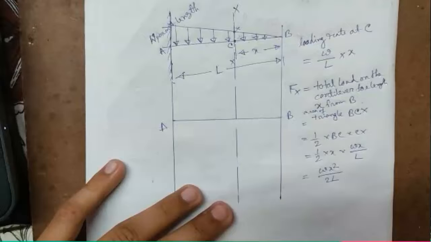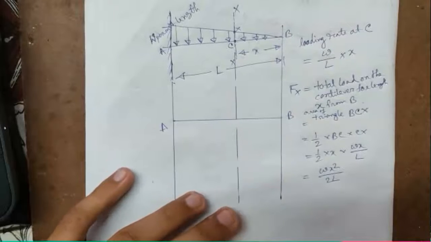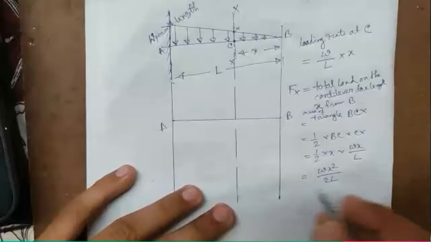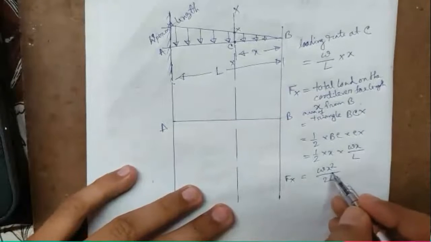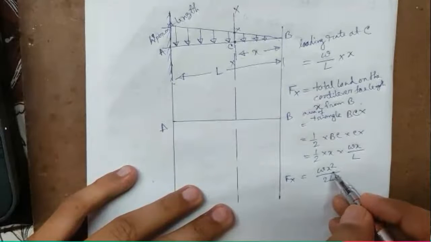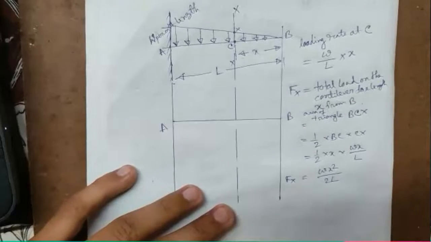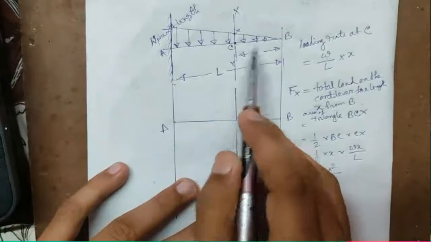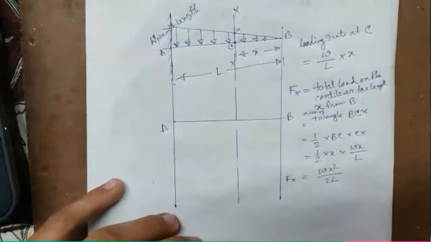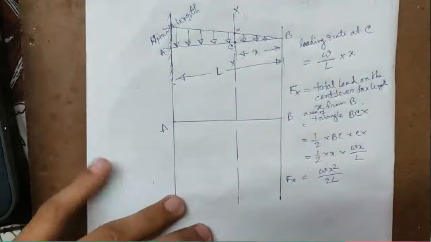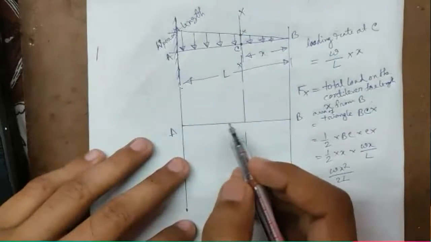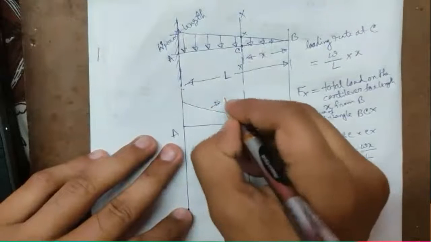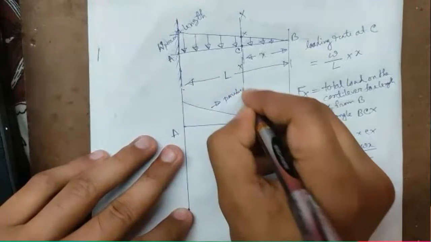Now the shear force is varying with a parabolic curve, because the shear force is varying with x square. So that will be a parabolic curve, and because the right portion of this section tries to have a clockwise moment or tries to shift downward, that means the shear force will be positive and the curve will be like this. This will be a parabolic curve.